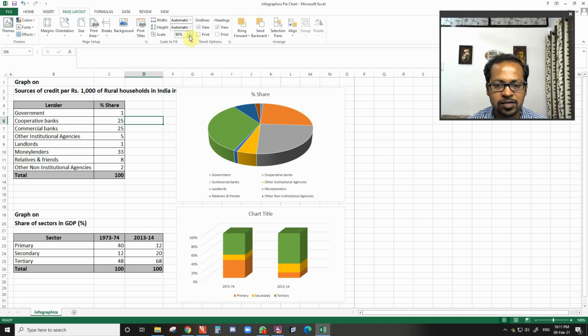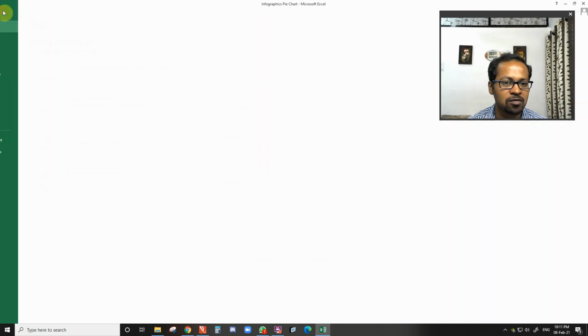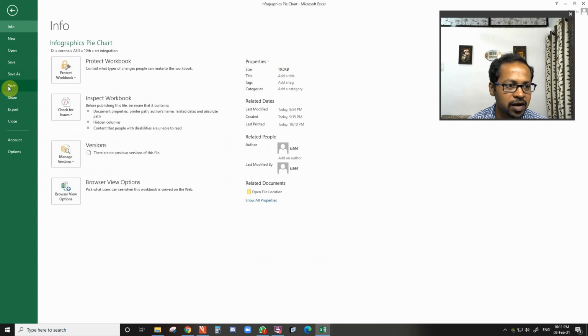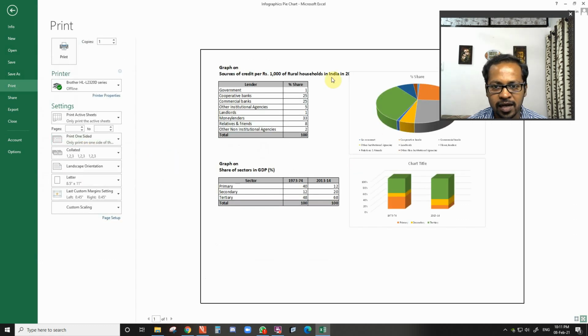So I have kept it at 70% or 75%. Now let me check, file, print, and here you can see that all things are visible, the entire graph